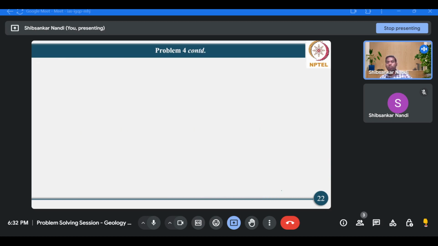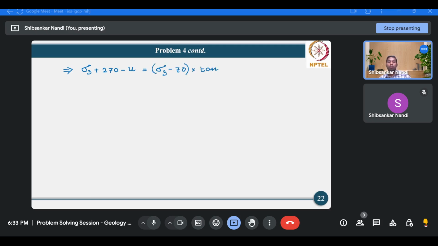So if you substitute the values here, sigma 1 prime is your sigma 3 plus 270 minus u